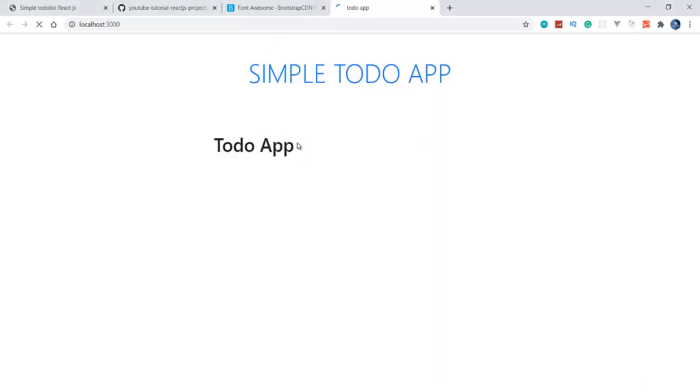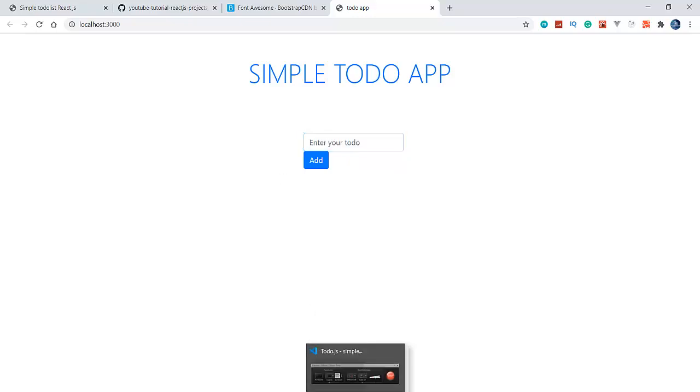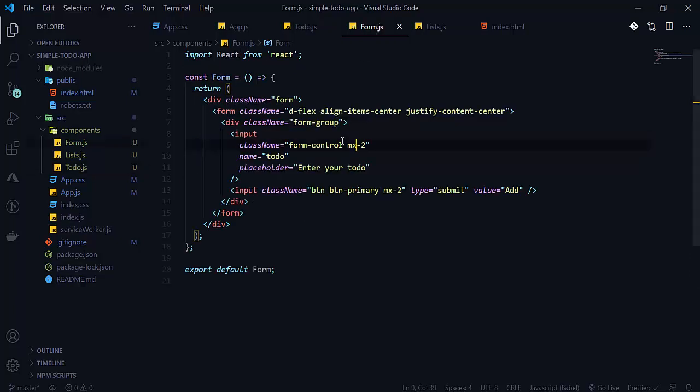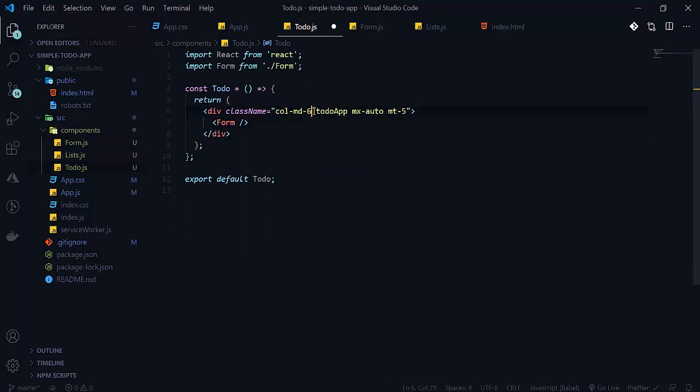Our to-do app will come here, see that, but here it is very small. So let's do one thing. Let's increase the size of the to-do here. So col md6. Let's see how it will work.